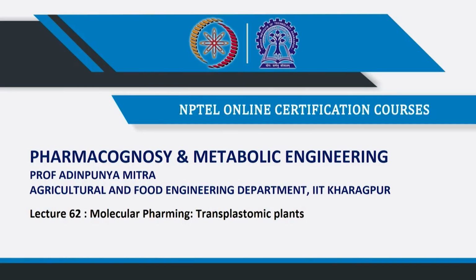So, in lectures 62 and 63, I have focused on telling you something about molecular farming. Lecture 62 is basically the generation of transplastomic plants. Molecular farming means you want to produce some pharmaceutically important products in plants. I have mentioned all these things, but here the focus will particularly be on antibodies or some hormones. In the next class we are going to talk about that, but first in this class we will see